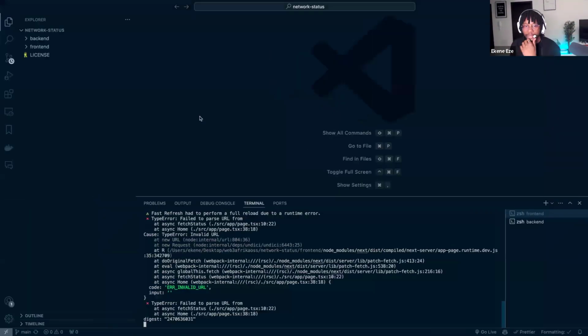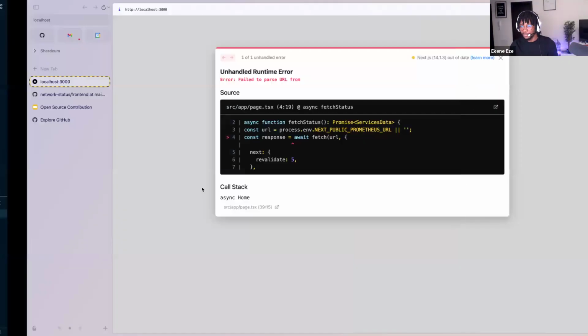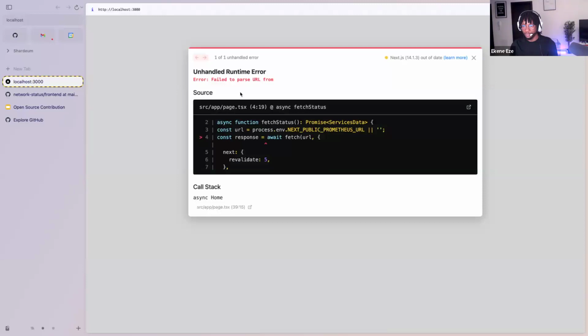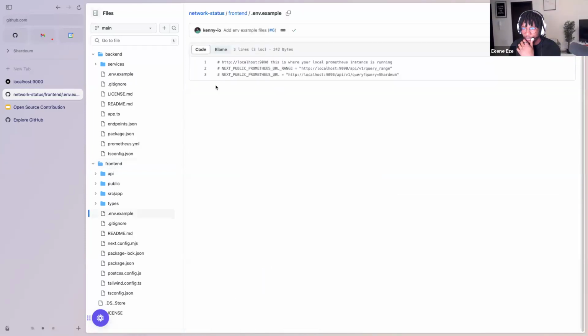Okay, so what that tells me is that the front end repository is supposed to have a .env file, right? And it's supposed to export some URL. I know that because I've just tried to run it and I've run into this error. So if you look at the page.tsx file on line 3, right? It's trying to access a URL inside the env file, but we don't have an env file. So let's see if there's an env.example file.